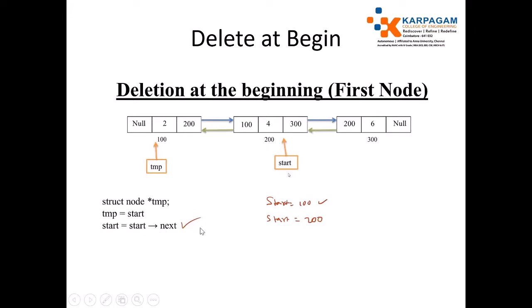This one statement is used to move to the next pointer. Now the start node, that is the head node, points to the second node. After that, just use the free function to deallocate the memory. For keeping track of the first node, which previously was the first node with value 2, I am using a temporary variable, temp equal to start. After that, just call free of temp to deallocate the memory. Just a simple statement, start equal to start of next.